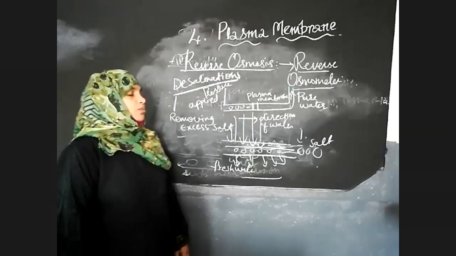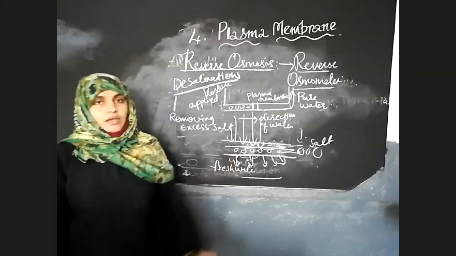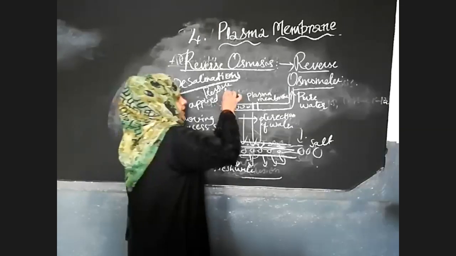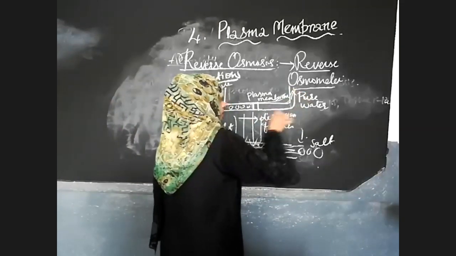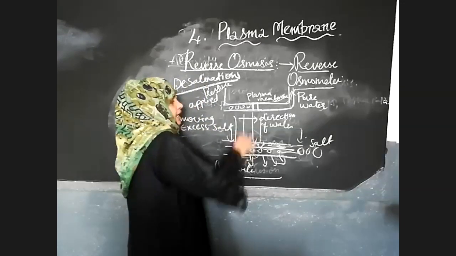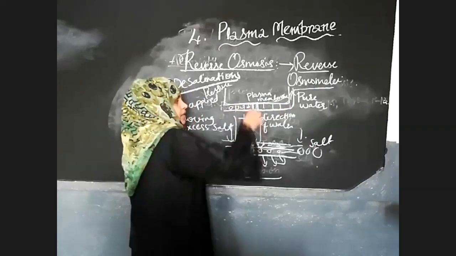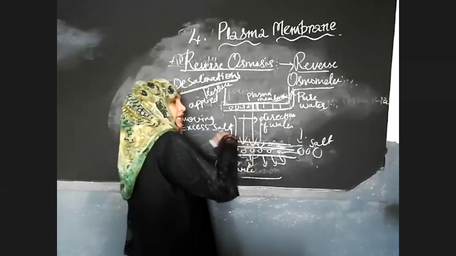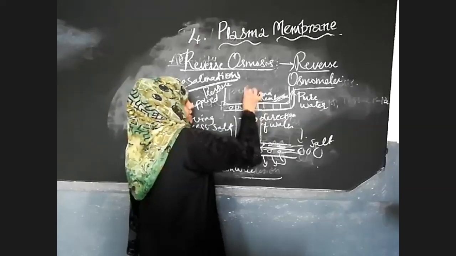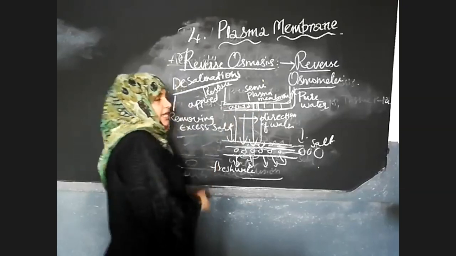Reverse osmometer. So what is the reverse osmometer arrangement or machine? You can see it is like a box. The machine is like a box. It's called a reverse osmometer. Here across this, the semi-permeable membrane is arranged. It is called the plasma membrane in living things, and in non-living it is called a semi-permeable membrane. The semi-permeable membrane is arranged here.